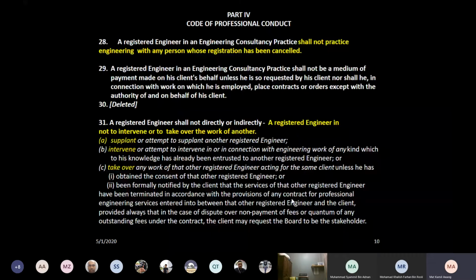But of course, in the exam, we will give this code of professional conduct as an appendix for you to refer to. But you need to understand what these sections mean, so that you will be able to recognize what violations are being done in the case studies later, or even in the test. Because what happens in the test, we give you a case study, you study it, then the question will be asked related to the code of professional conduct.